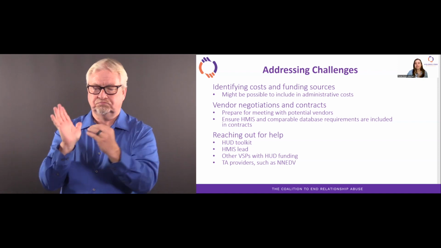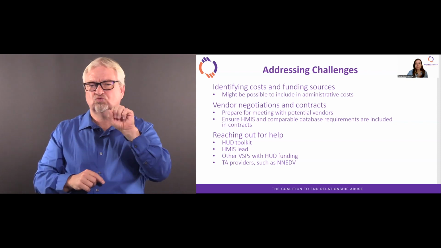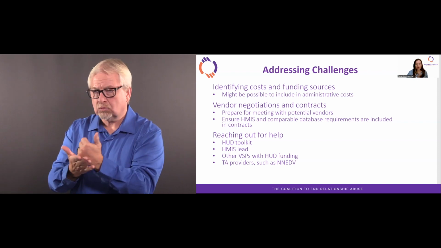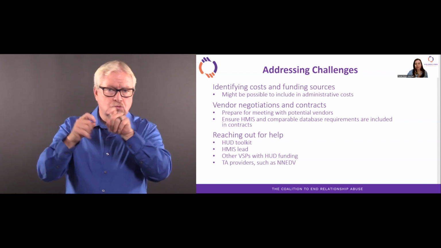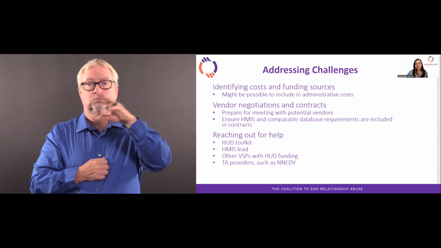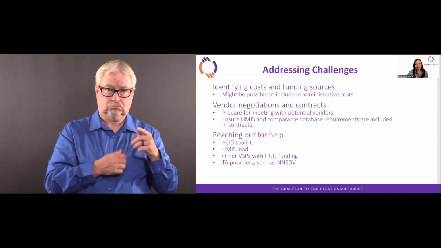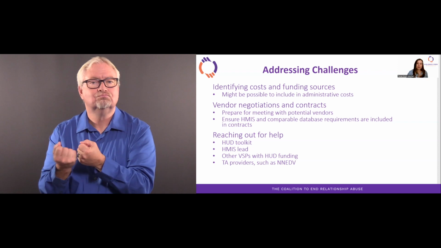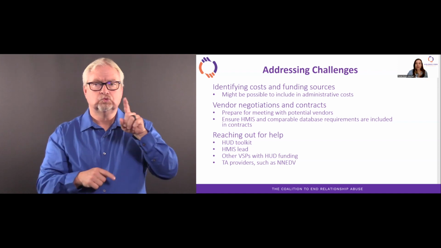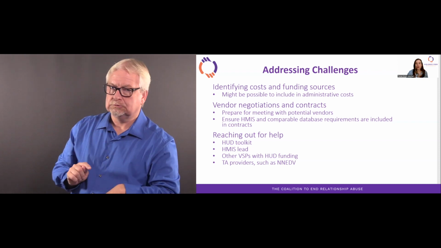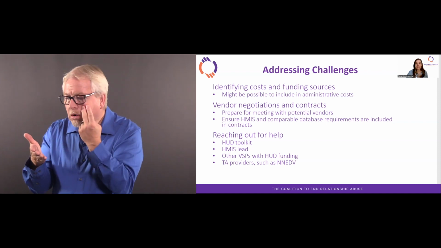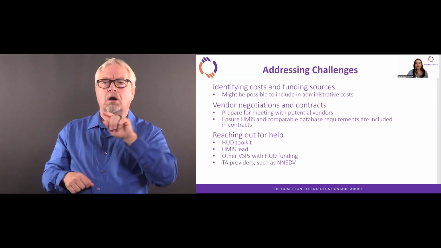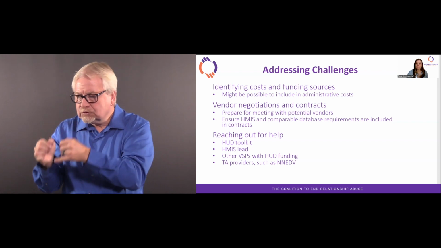Individual technical assistance is also available from several sources. For example, the HMIS lead can be a very helpful resource for many of your technology-related questions. Both the COCs and the HMIS leads are required by HUD as part of their duties to provide VSPs with assistance where possible. They cannot purchase a database for a VSP and cannot view the database to provide technical help for individual issues, but there are other ways that they can assist.